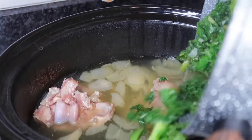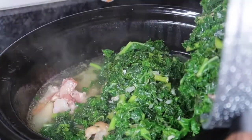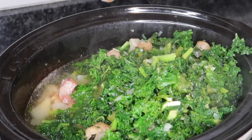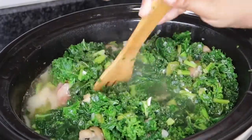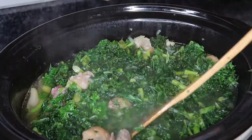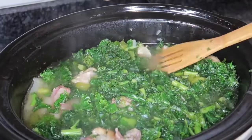Now, if you want to cook this on top of the stove, that is when you're going to take everything from the crock pot and add it into your pot. Me, personally, I prefer to use the crock pot so I can just set it and go and not have to worry about checking on it. So I'm just going to make sure it's fully submerged in that broth,